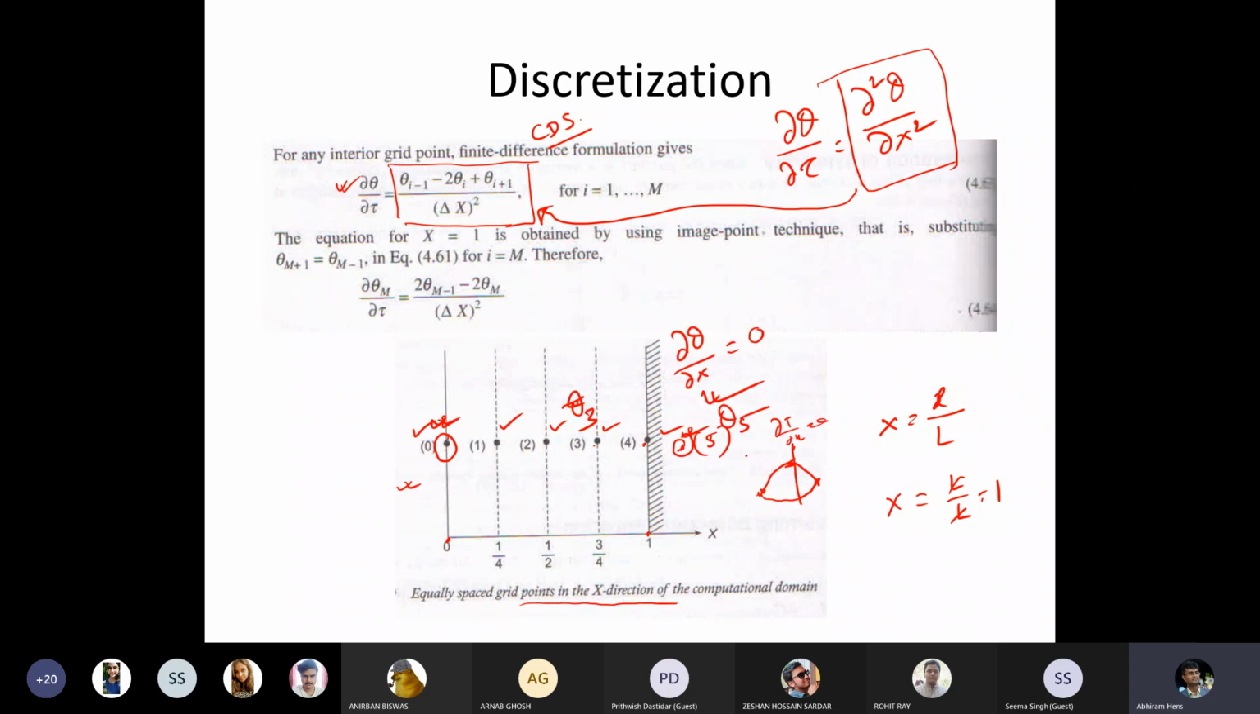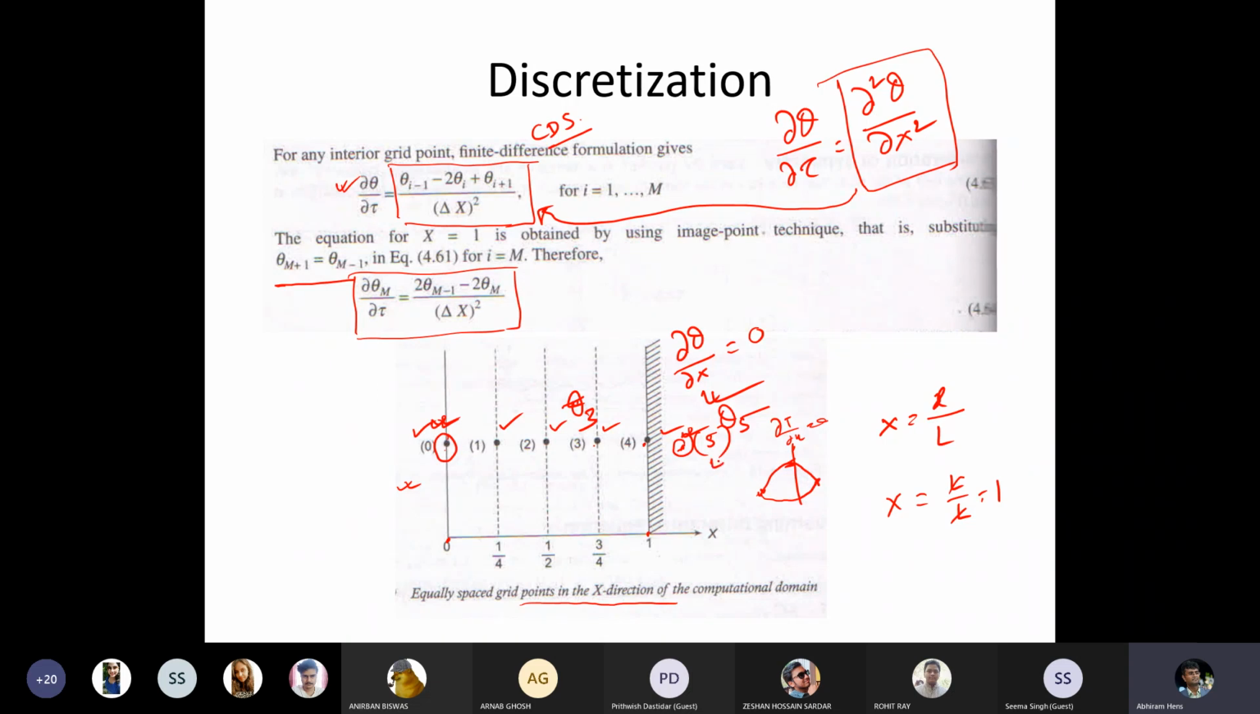So now, since this gradient is 0, we can consider theta 3 will be equal to theta 5. That is written here: theta m plus 1 will be equal to theta m minus 1. If you take this assumption, then you can substitute theta m plus 1 with theta m minus 1. And if you do that, then you can write d theta m by d t equals 2 theta m minus 1 minus 2 theta m by delta x square. So look,